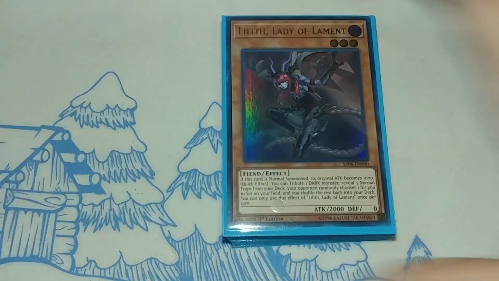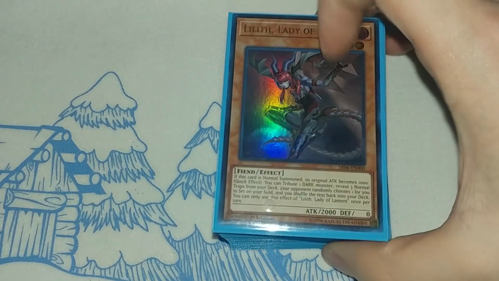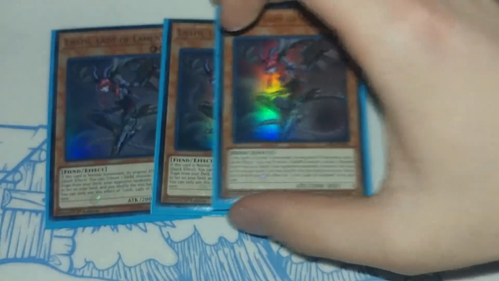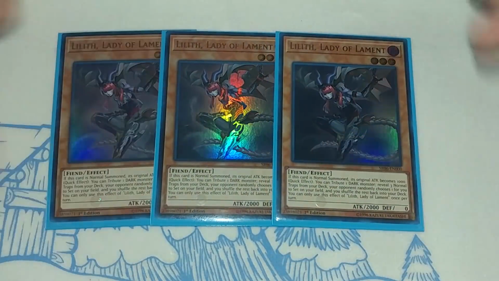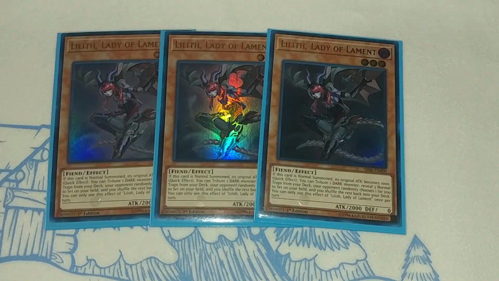So anyway, let's get in here, and the main thing that we're focusing on is this Lilith, Lady of Lament. This card is incredible, so we're playing 3 copies of it. It comes out at 1000 attack. It's not always just going to be a 2000 attack level 3 monster. I suppose if you bring it back with Monster Reborn, it comes out at 2000 attack. But in general, when you normal summon it, it has 1000 attack, and then you tribute a dark monster to